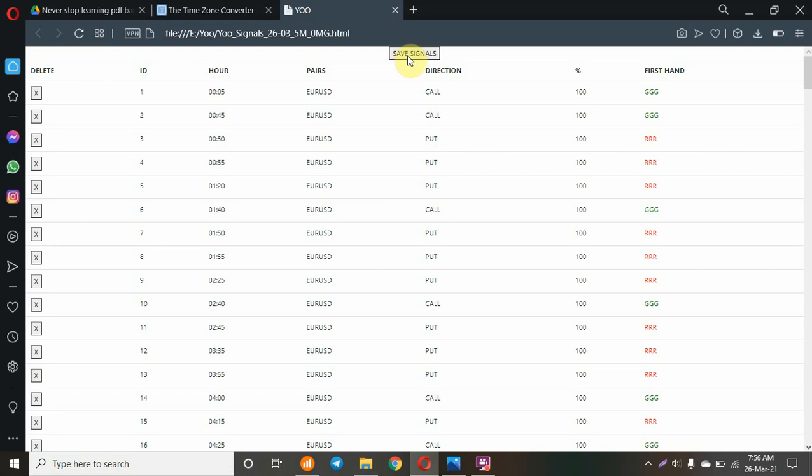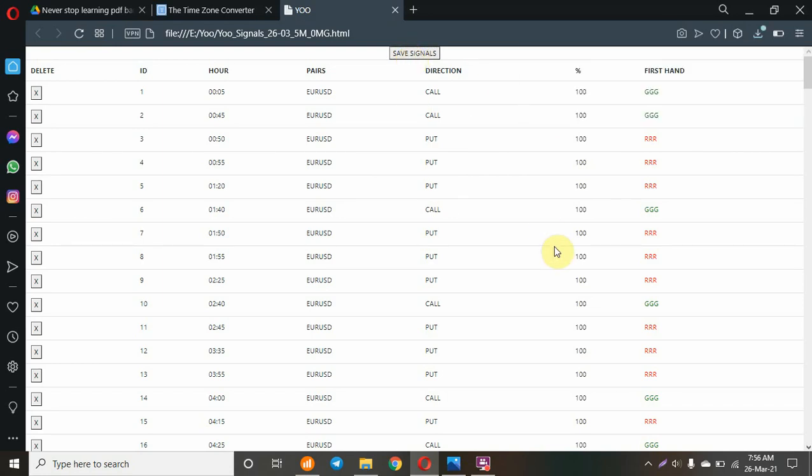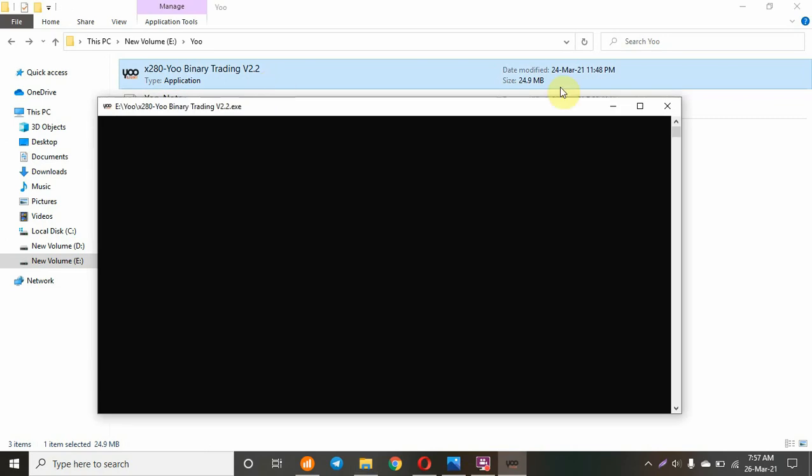For downloading the signals, click on save for signals. You can see it has been saved. You can see here is no number because we chose the zero-step martingale, which I usually do not choose. So let's make signals again.